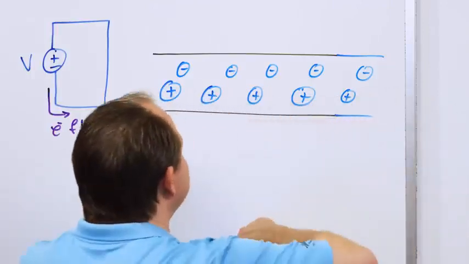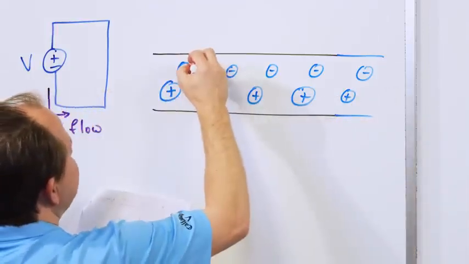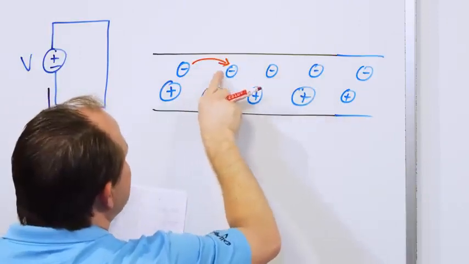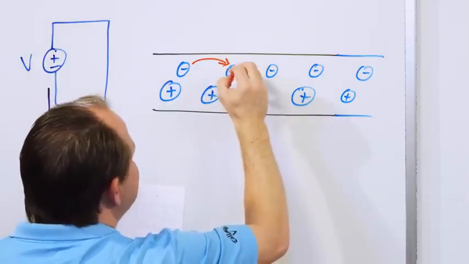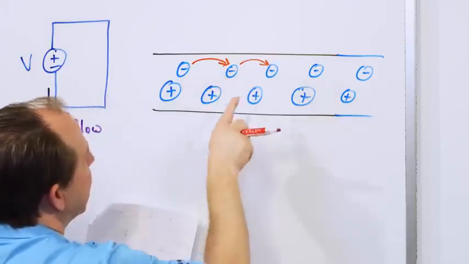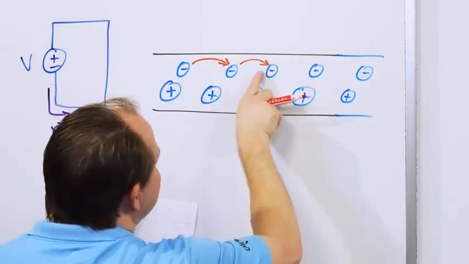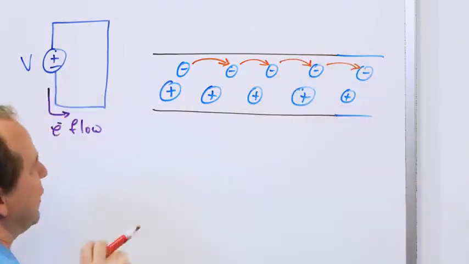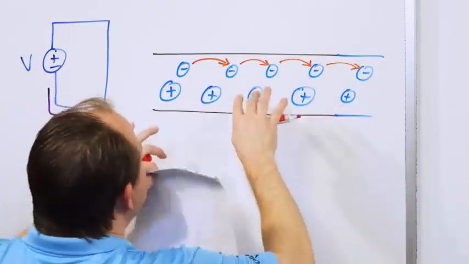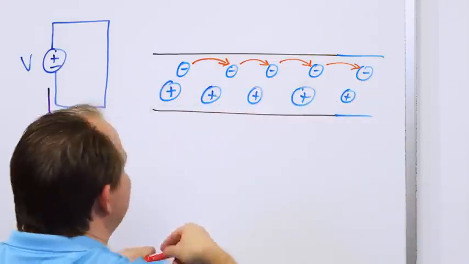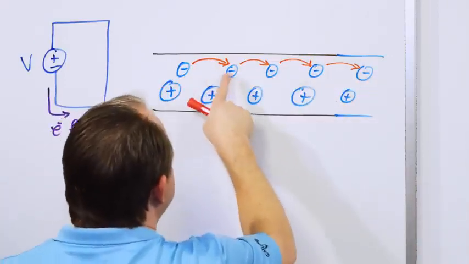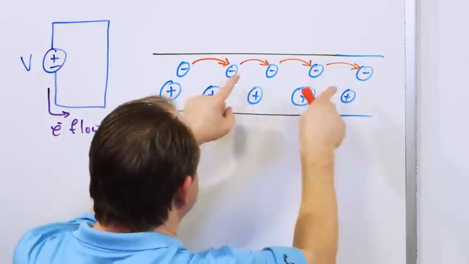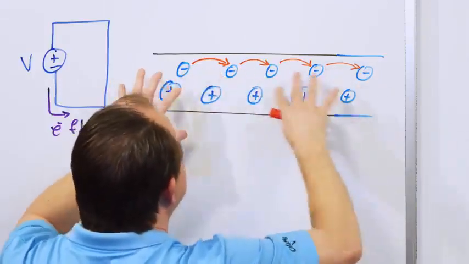Now, what happens is this electron is going to hop over to the next atom over. But as soon as it gets there, because electrons repel each other, this one is going to want to jump over here. But then these two are now crowded together, so it's going to push the other one in a chain reaction over here. And this happens incredibly quickly, right? So it's almost like they're all moving at the same exact time. You have one bumping into the next one, into the next one, into the next one. I've drawn it happening one after the other, but it's almost at the speed of light that they